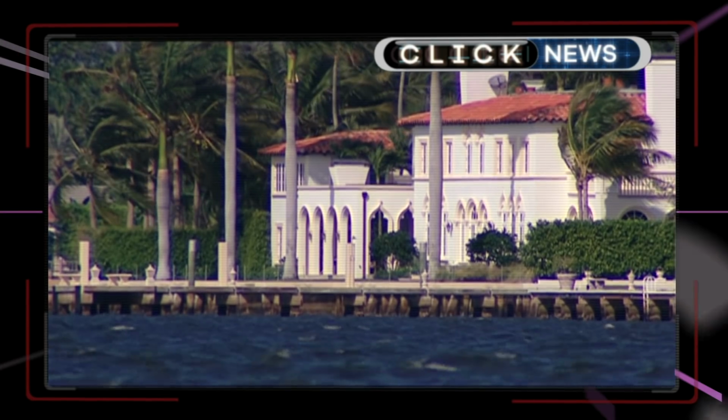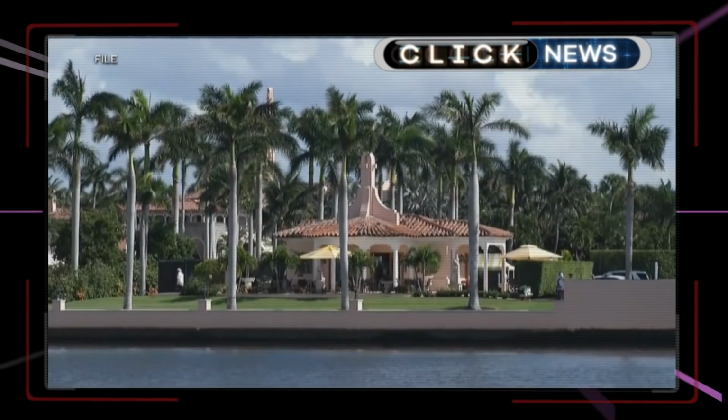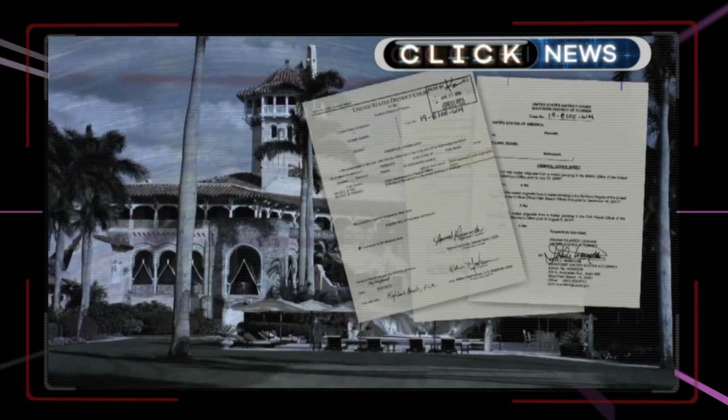A woman carrying 2 Chinese passports, multiple phones, and a thumb drive with malware was arrested at President Trump's Mar-a-Lago resort in Florida. The woman told police she was at the club to use the swimming pool before changing her story to say she was there for a United Nations event. The 32-year-old woman was removed and charged with making false statements to a federal officer and illegally entering a restricted